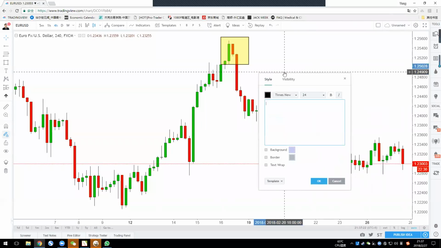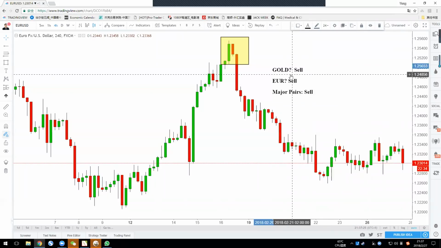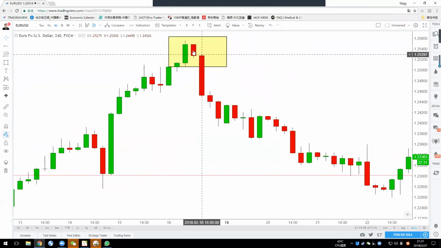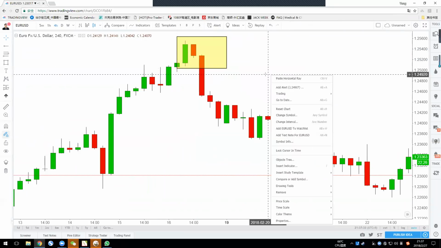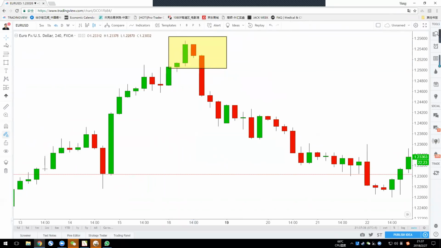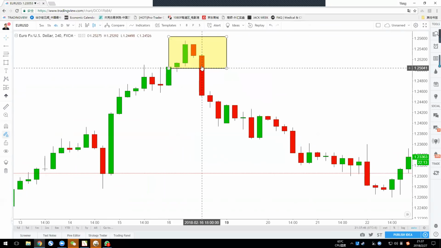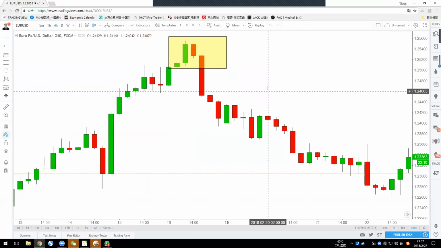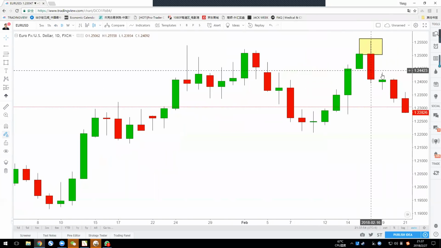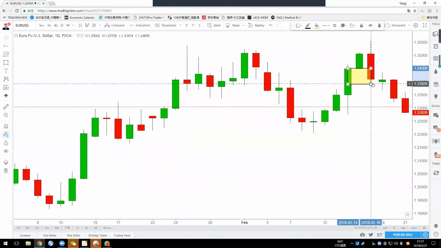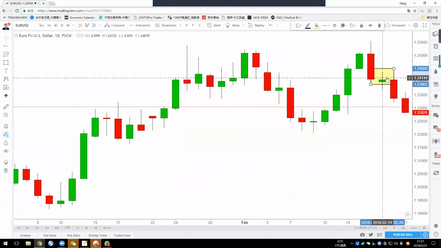Okay, so for those people who already know what inside bar is, what is this, guys? Can you tell me what this is? Which one is the inside bar? Just now in the daily chart, we found an engulfing candle, right? And in the 4-hour chart, we find an inside bar before the engulfing candle. Is that cool? Because from the idea of an engulfing candle, you should trade after the engulfing candle has happened, right? You should trade short from here.